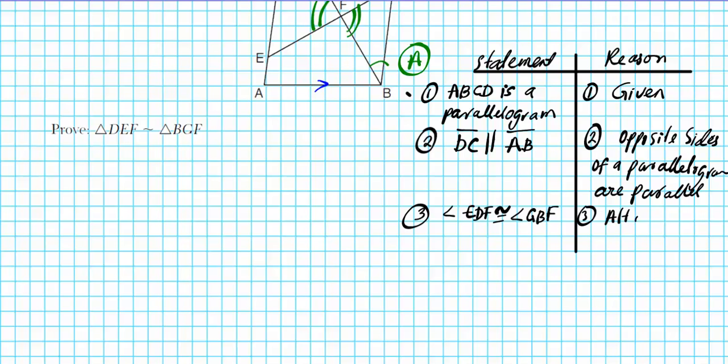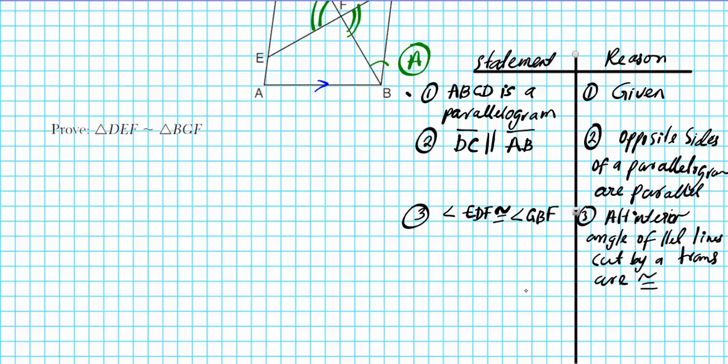Alternate interior angles of parallel lines cut by a transversal are congruent. Okay, pardon my shorthand there. I'm kind of running out of space. Okay, so that's the whole idea. If you have two parallel lines cut by a transversal, then alternate interior angles are congruent. Okay, so that gives me the A portion of